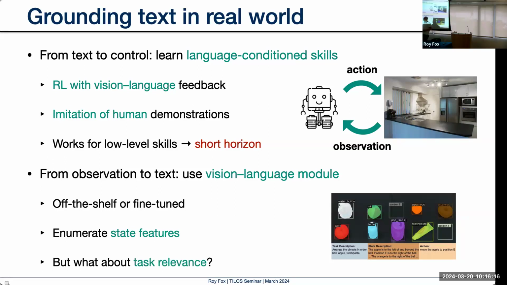But are these features relevant, right? So one big problem here is that there are a lot of state features. The state is big, definitely when it comes to real-world tasks. There's a lot to say about this, right? Are we going to say everything? That's going to be a big context. That's going to be hard for language models. It's going to be very distracting. So here's one thing we try to do.